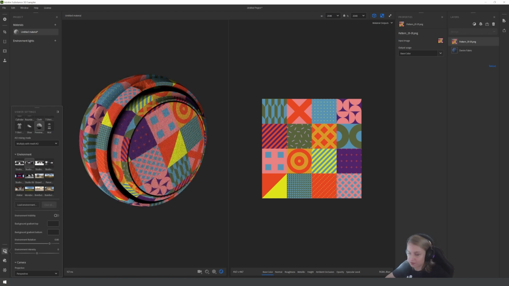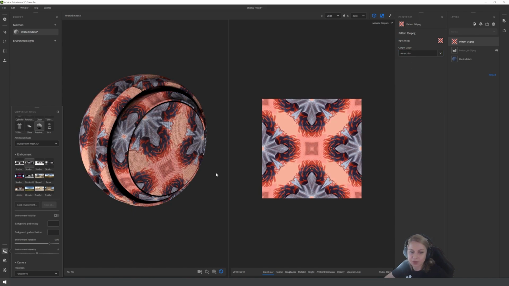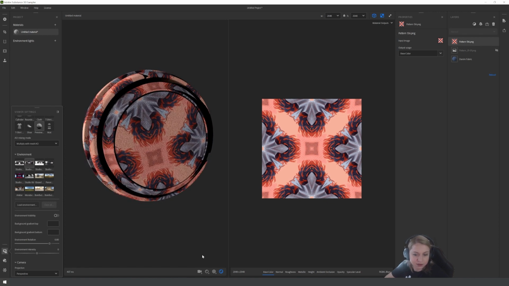We can try it with different images actually. I will show you a couple of other things that you can do. For example, I want to use another image as a base color. What I do is just change this from scan to base color. And there you go. So this is another material. Let's switch off the shadows.